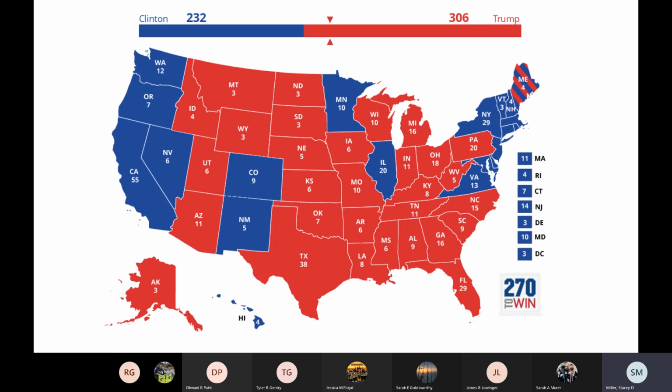Has anybody ever seen this and been like, well, how did so-and-so win? It's all red or it's all blue, right? The reason it gets that way is because people tend to look at this at face value and they don't dig deeper. It's a deeper situation. It's not just the state. The way a lot of this is organized is through congressional districts.